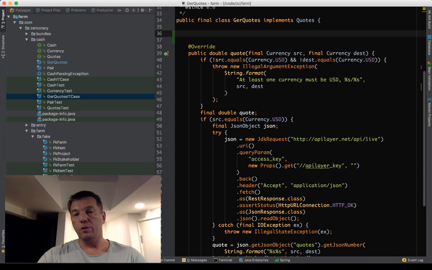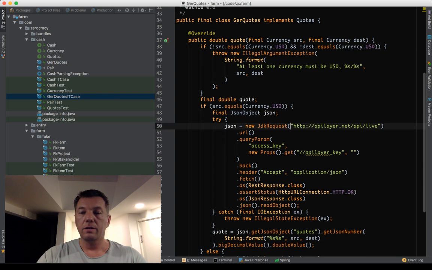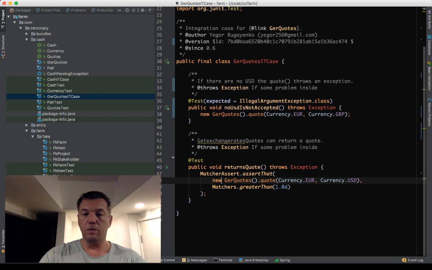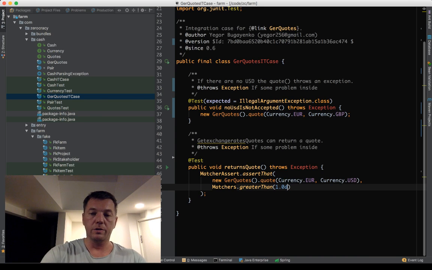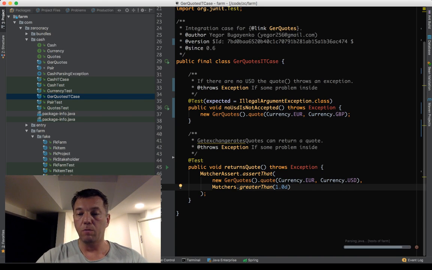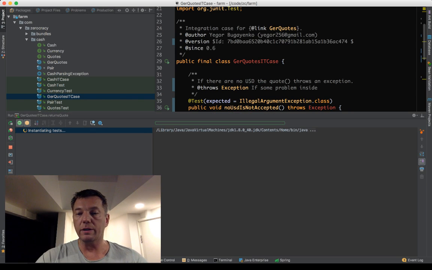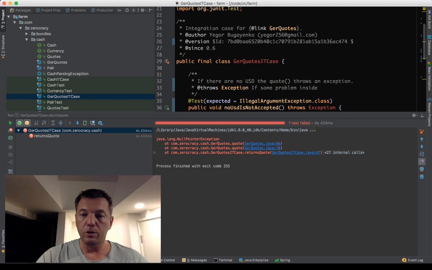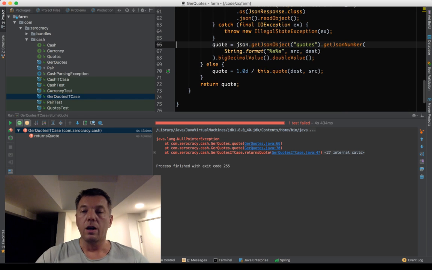So here's the problem. We cannot test this thing, because let's try it and see how we fail miserably. Let's remove this. Let's say we do blah blah blah, and then we say that currency exchange euro to USD is greater than 1.0. Let's run it, and we will have some problem. Most probably the API will reject our request and say that we don't have permissions. So look, first of all, it takes time, so we're actually making the connection. There's some null pointer exception. That's weird. Oh, there you go.